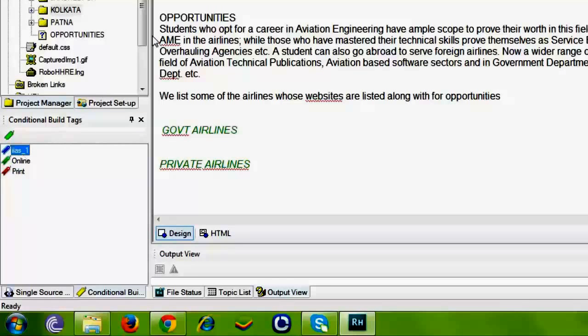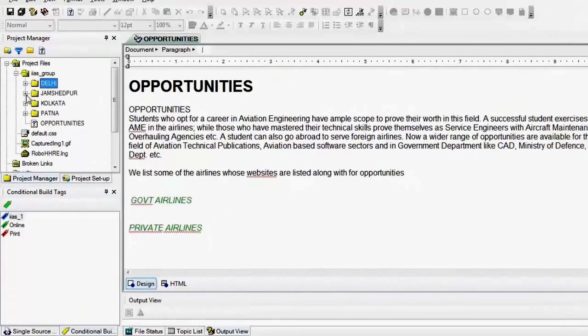Now what is a conditional tag? In the case of a large project having thousands of topics, whenever you generate a layout, all of the topics are generated. But what if you want to exclude several topics from being generated? In those cases, conditional tags are used. You can tag topics or topic content. When the time comes to generate, you can choose to create conditions that control which tagged content is generated and which is to be excluded.